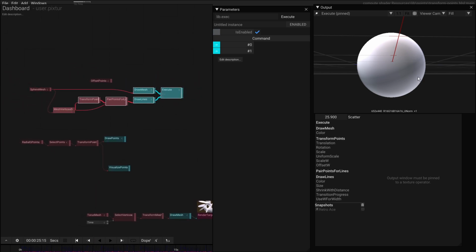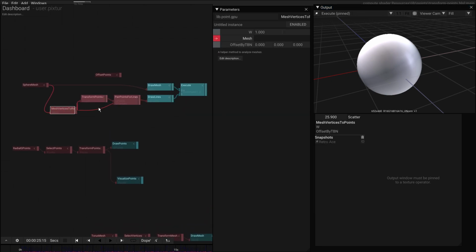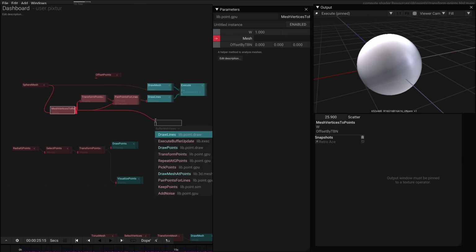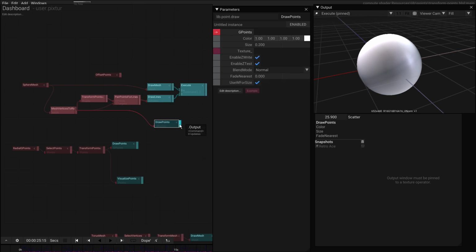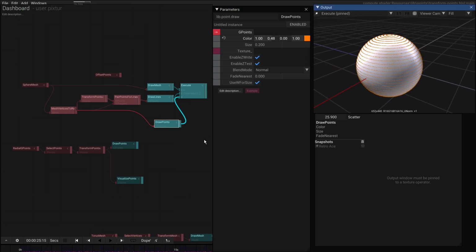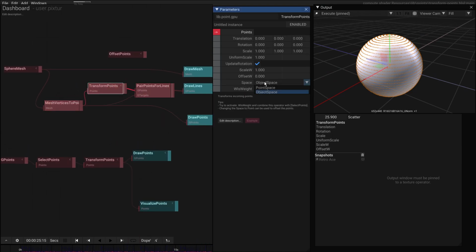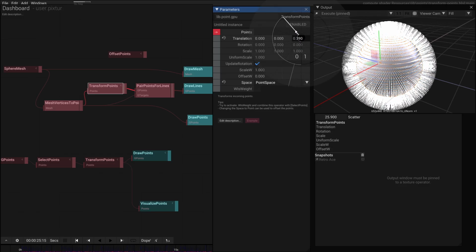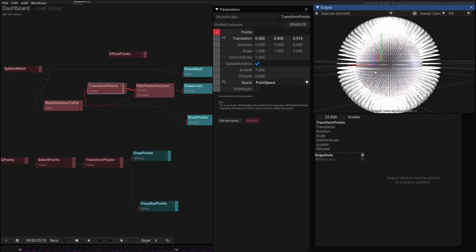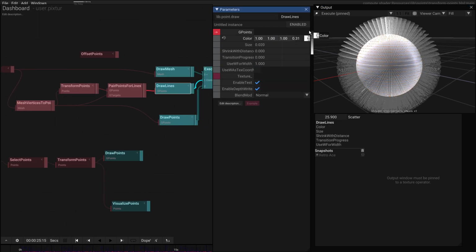So we have the sphere. The sphere is in the background. We convert each of these vertices into a point. Let's draw these points. Draw points. Maybe not with white, but with orange, so we can actually see them. So vertices. And then we take these points, and then we use the point space, and we use Z to offset them. You see how these are poking out,